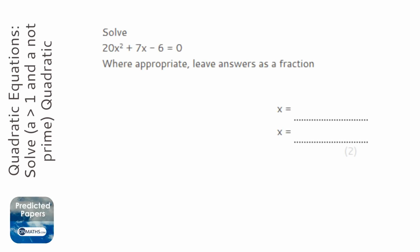Okay, so we need to solve this quadratic, and we're going to be doing it by factorising. This probably is not on the calculator paper, so you wouldn't be able to use the quadratic formula. Okay, so looking at this, the first step we're going to do is multiply these two together,